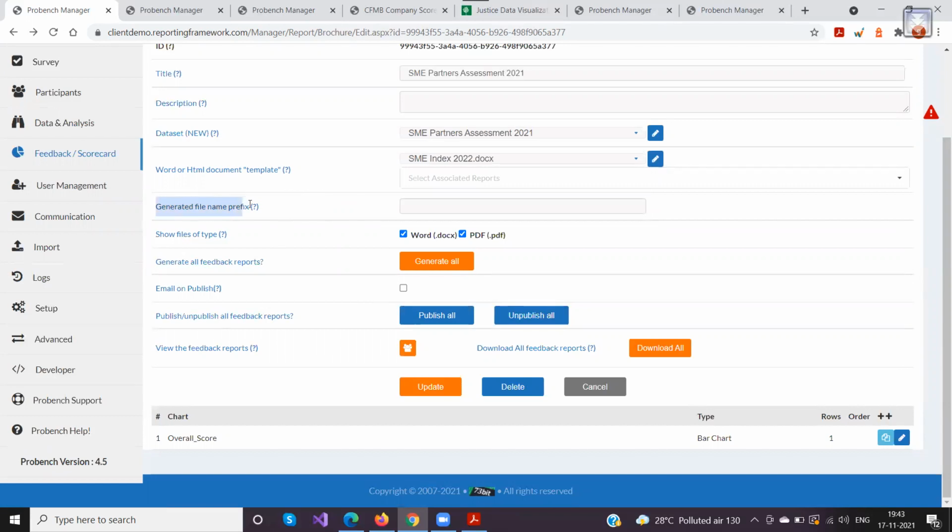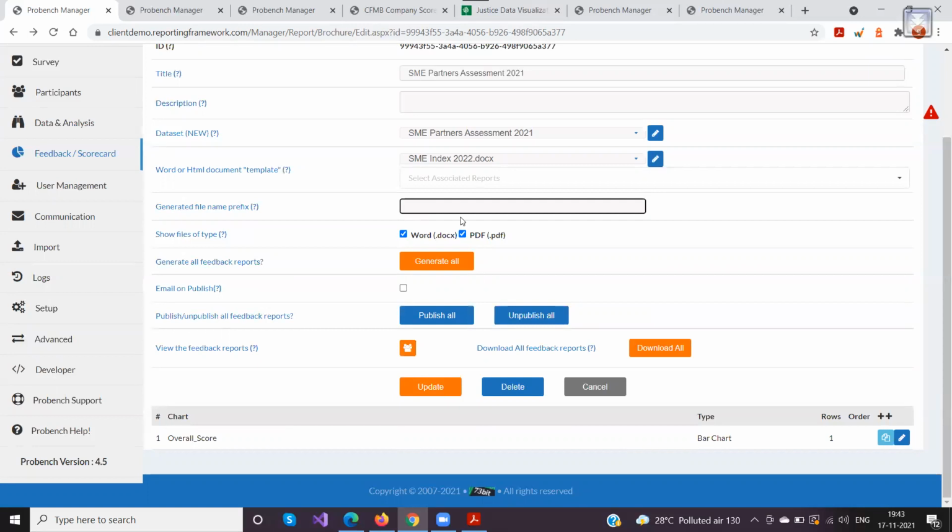Then comes the generated file name prefix. Okay, this is basically used as a file name for the feedback reports or scorecards that are generated. If your scorecard is in a Word or PDF format, then each of the scorecards that you create for the companies needs a certain file name so that they can identify that this is for this particular scorecard.